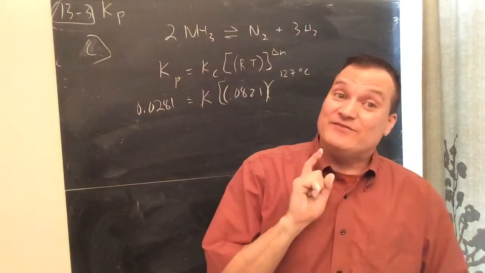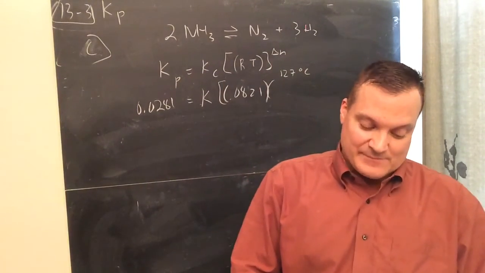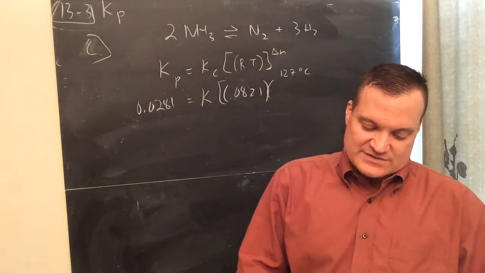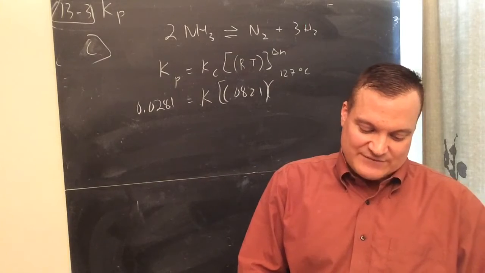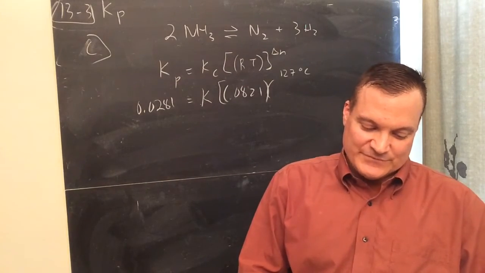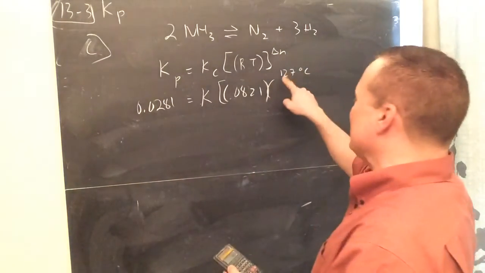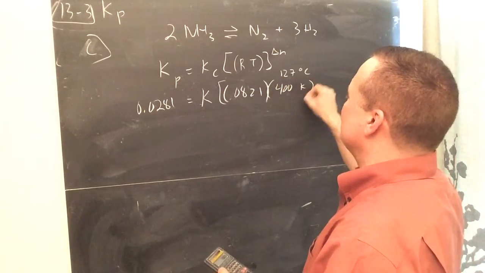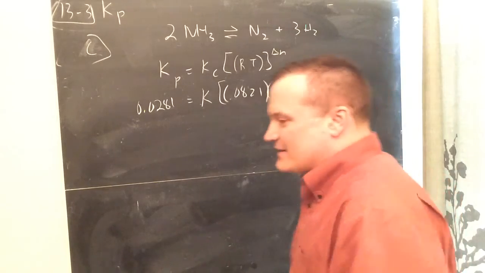And look, guess what? They like 27 on the AP. 27, 127, 227, they like that on the AP. Because what happens when you add 227 plus 273? You get 500. 127 plus 273 gives you 400 Kelvin. That way you come up to a nice, easy number. And keep in mind on the AP,